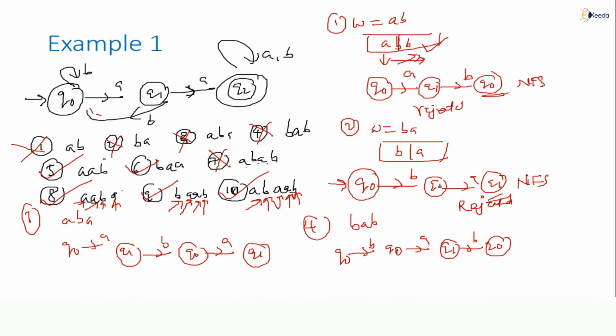Are you getting it? This is how strings are accepted and how they are rejected. The overall conclusion is very simple. We will construct the FA for our requirement, but here I took one FA and we learned how strings are accepted and rejected with this example. Later we will observe a few points, then we can start constructing FAs for the requirements of languages. Okay, thank you so much.